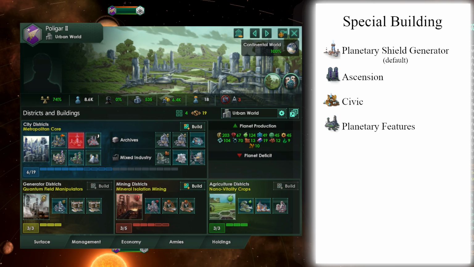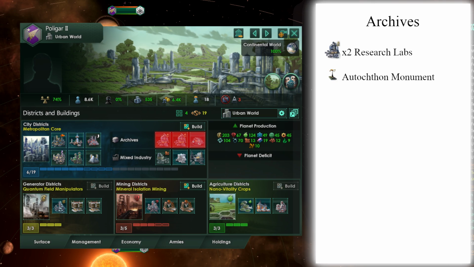So yeah, even the general planets can be customized. Now, time for city district specializations, and those are archives and mixed industry, the most general specializations we have. Order between them is irrelevant, but technically mixed industry first better covers planetary deficits during development, while archives first gives